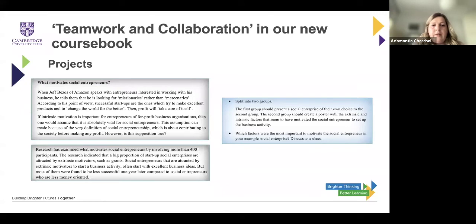Teamwork and collaboration in the new course book. We have a completely new feature in the new Cambridge University Press book, the projects. These projects will appear at the end of each chapter, and they are designed in order to help our students to work in pairs or in groups, in order to do some work on social entrepreneurship. So we have tried to do two things in one: to enhance teamwork and collaboration, and to help our students to work more and more on social entrepreneurship, which becomes key in the syllabus, especially for the high-level students that will be examining them. Also, these projects cover the whole chapter taught, so they're a good opportunity for revision for our students.